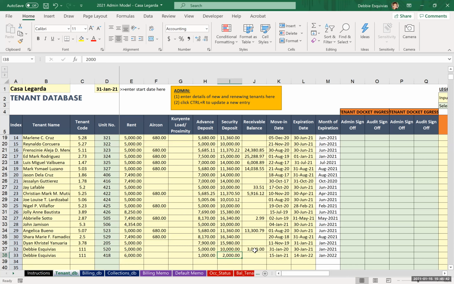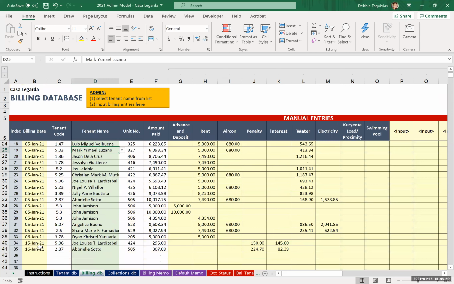So, instead na 6,000 tsaka 12,000, magiging 1,000 and 2,000. Well, actually, dito kasi hindi siya yung billing. So, pwede pala natin siyang ilagay as is, 12,000. Pero dito sa billing, ang mangyayari niyan is when we bill, for example,